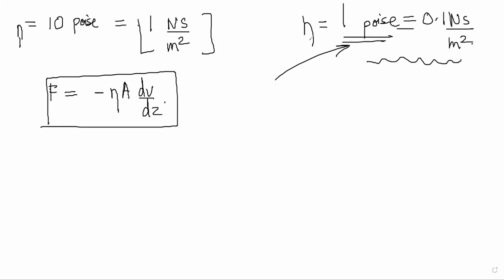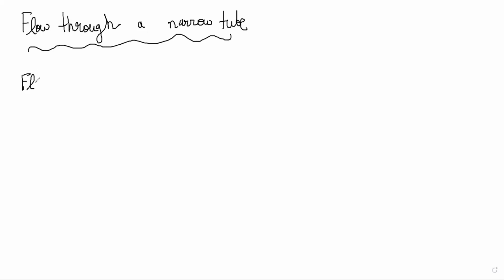Then the next thing, Poiseuille's equation, is about flow through a narrow tube. So what is the difference between what we just saw and what we are seeing now? Viscosity was fluid friction: anything that moves on the surface faces this friction. Now the next thing we are doing is flow of liquid through a narrow tube. So how fast is liquid going to flow through a tube? That is a little different.